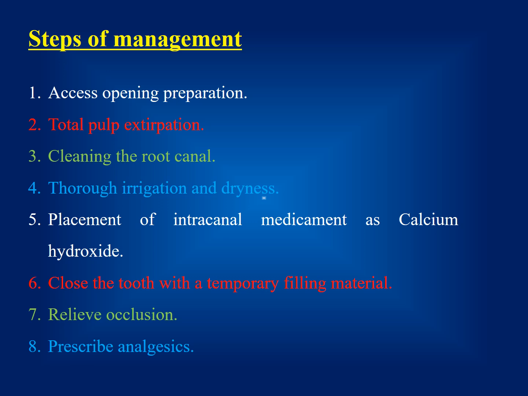The steps of management is, first of all, access opening preparation, removal of the pulp tissue, cleaning the root canal, thorough irrigation and dryness. Here it is very important that we do a good dryness, because bacteria will not live in a dry environment,